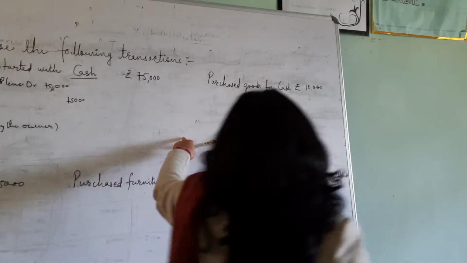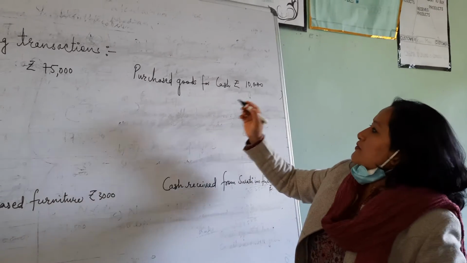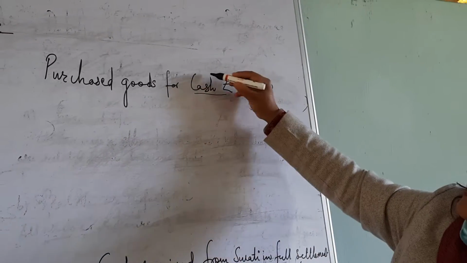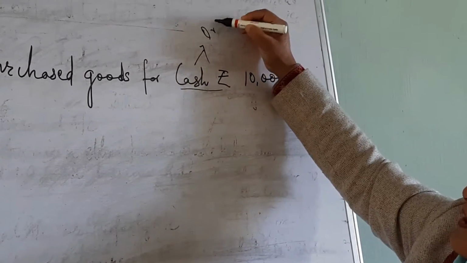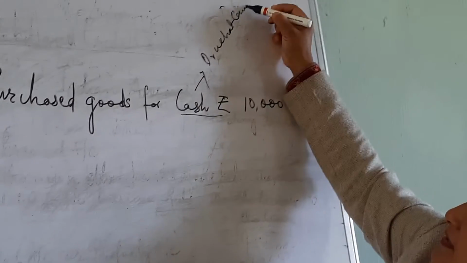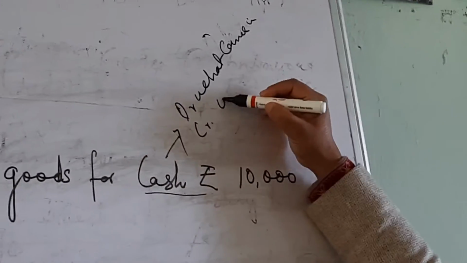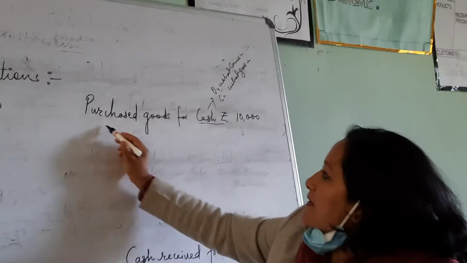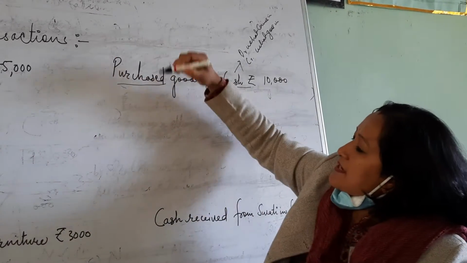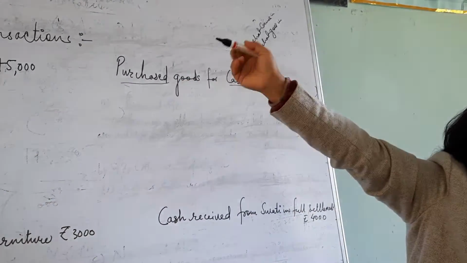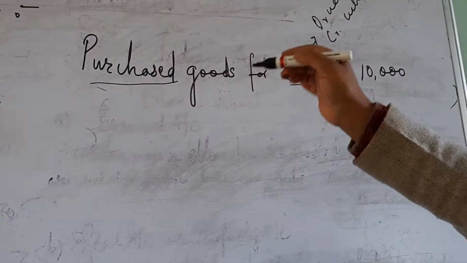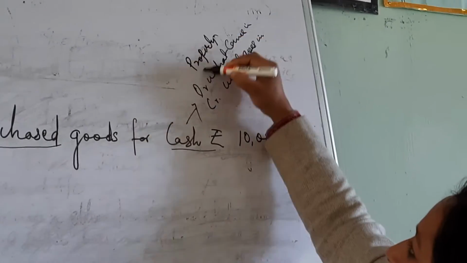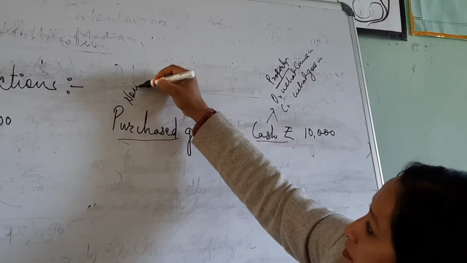Now we come to the second transaction. See, we underline the two words. One is cash, which is related to the property rule. What does this rule say? Debit what comes in, credit what goes out. We have to learn this. We have to understand this, isn't it? And another one is, since we consider purchase as an expense, which rule is it related to? Property, personal, nominal? Nominal, isn't it? So nominal rule. Cash means property rule, and this means nominal rule.